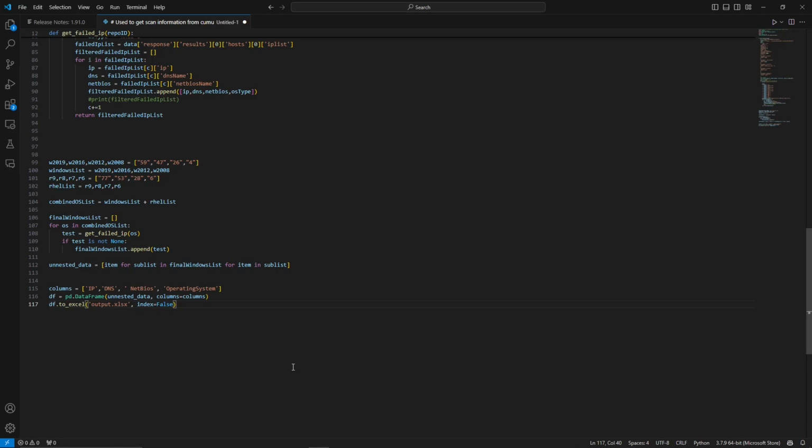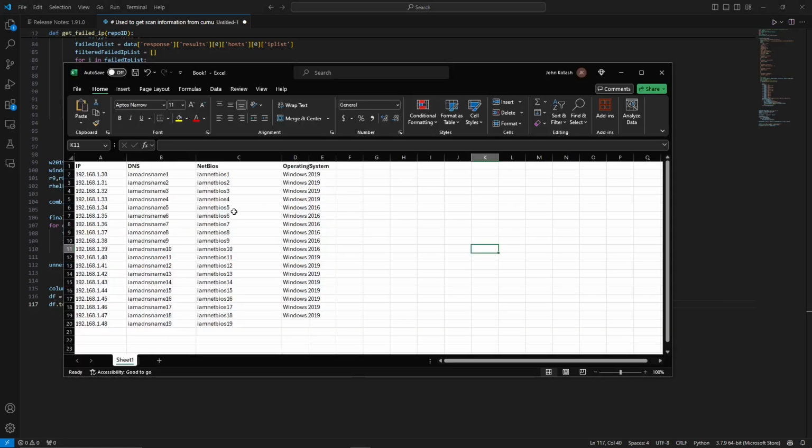And then you will be left with that Excel sheet that we had discussed earlier in this video. Like I said, I hope you were able to take something away. I think that for those that are pretty deep into Tenable and ever want to use an API, you definitely should, as it could speed up a lot of your processes, especially those that you do on a daily or weekly basis. I've even gotten a lot further with my API scripts than this, and I will cover that in the future. This is just one example, and I think it is a good example to get started with looking at the documentation and building reports,